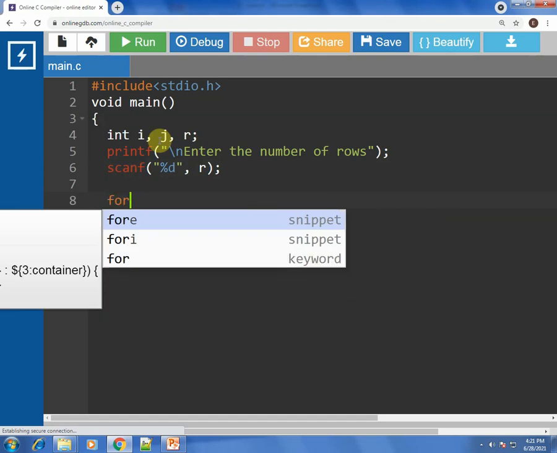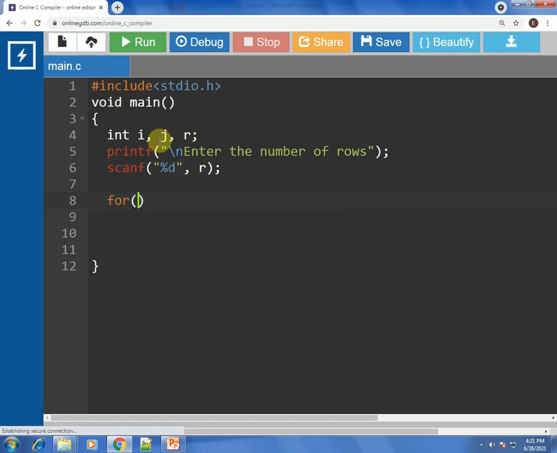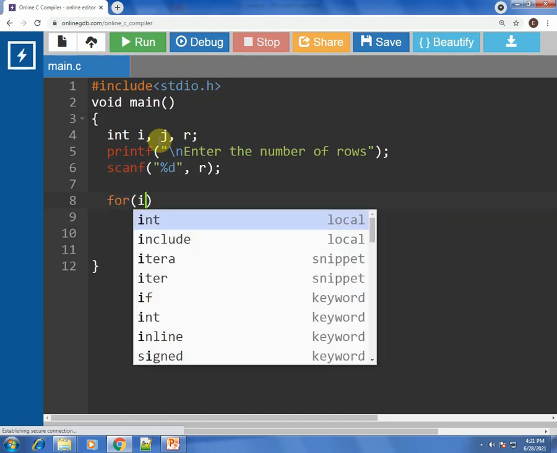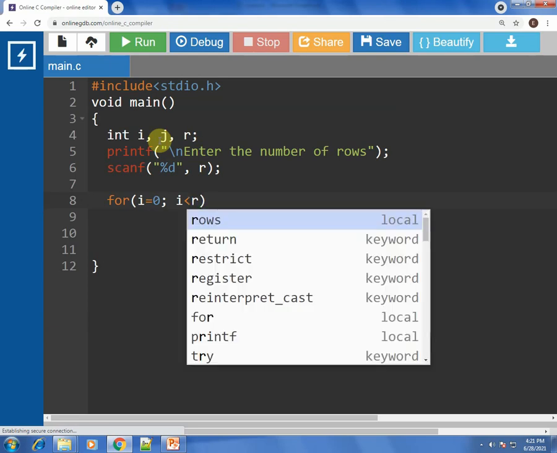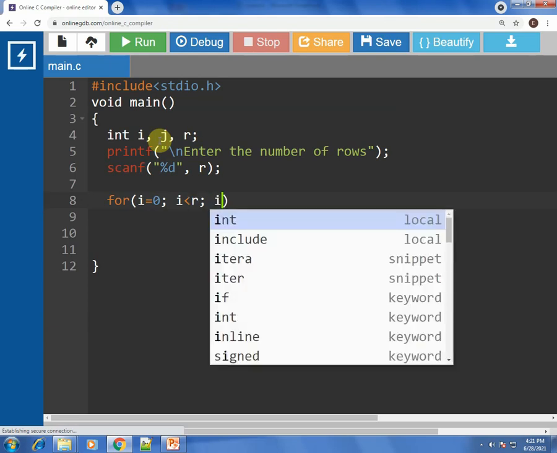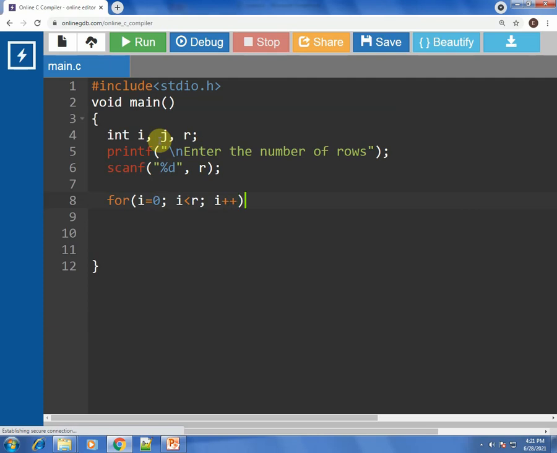First of all, let us start with the outermost loop, which is going to handle the number of rows in the pattern. So that should be i loop, i less than r, i plus plus. After this, the inner loop we are going to have is to print spaces.